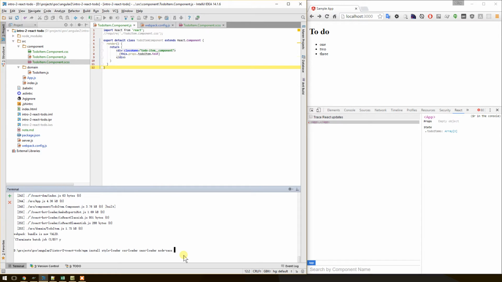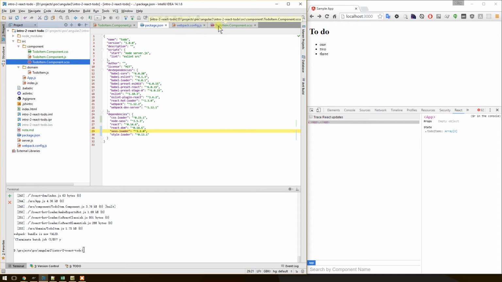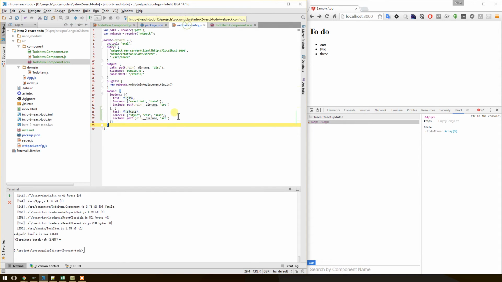So what you need is putting that and then minus uppercase S. That will save all of them into a dev dependency. So if I open up my package file, it ends up having these dependencies in here. Okay, and then the next step that we need to do is creating our CSS or SASS file. Oh, sorry. The next step is setting up